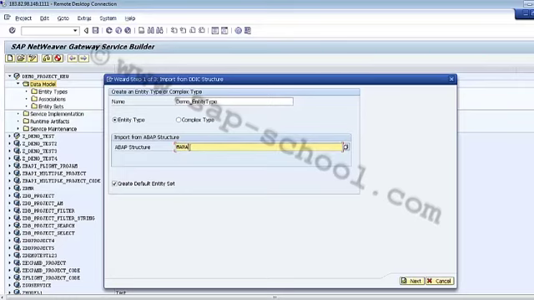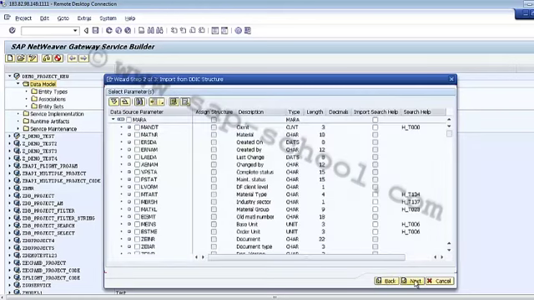If I write down MARA here, after that we have this option of create the default entity set. We can select this option if we want to create an entity set for the entity created. If we don't want it, then we can just uncheck this option. Once done, we have to click on next to proceed.